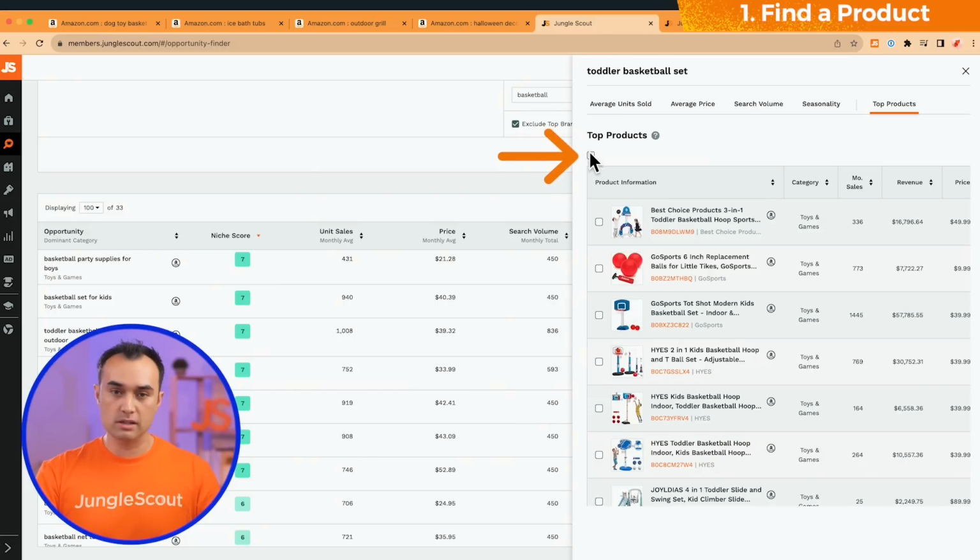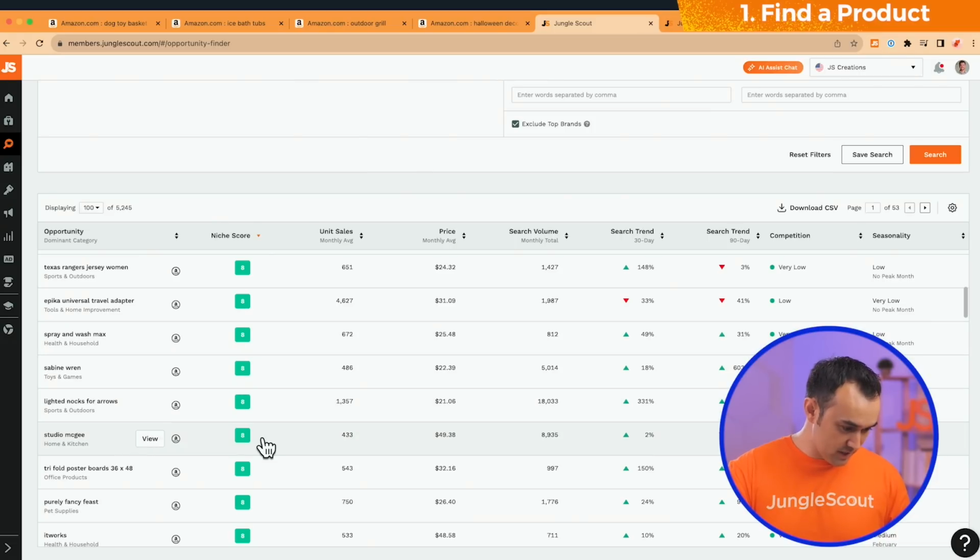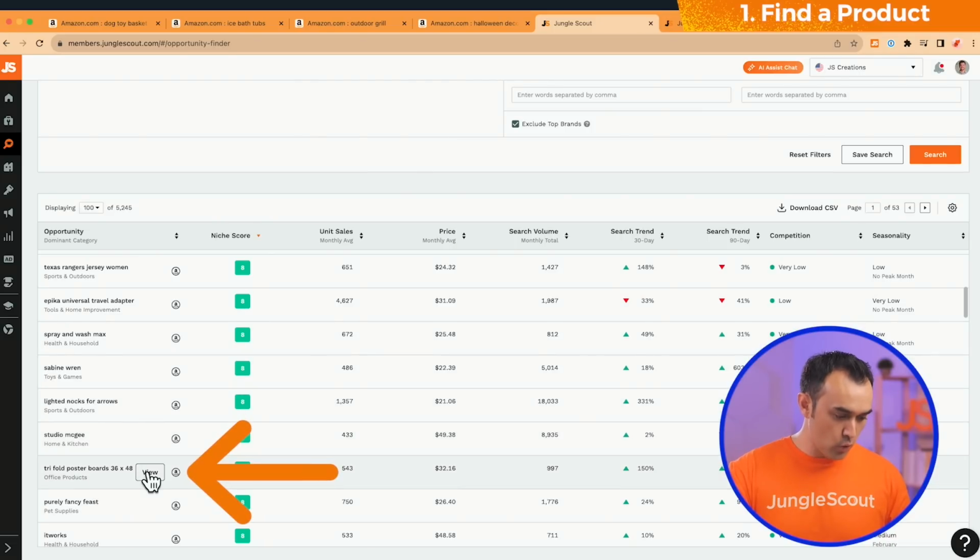You can also do this directly from within the Opportunity Finder by clicking on each product and then adding it into an existing group or creating a brand new one. So I'm just gonna go through a few examples, click on a few things that sound interesting or I wanna learn more about. So as I go through this list here, I'm wondering what trifold poster boards 36 by 48